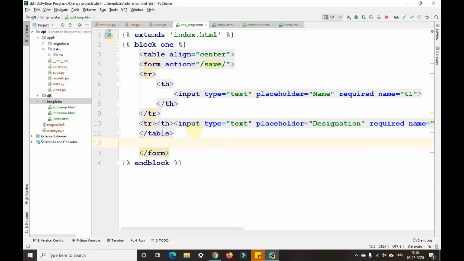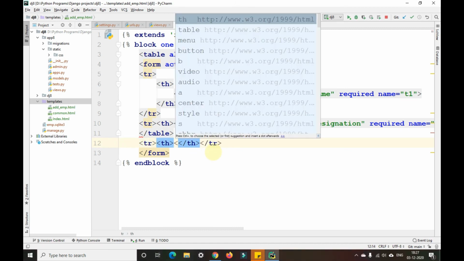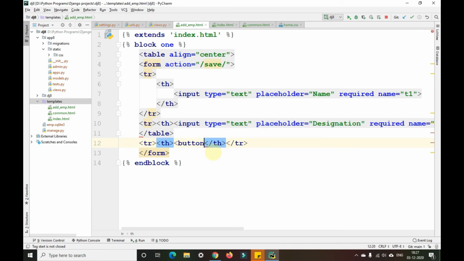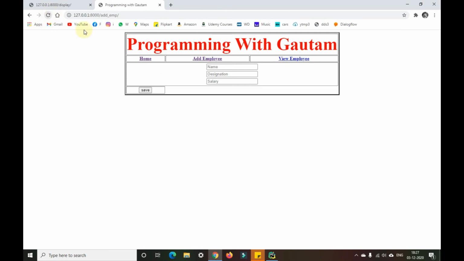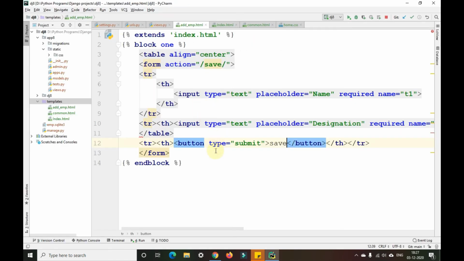I'll give the button tag here, type equals to submit, and we'll give this as save in between. Here I'll refresh it, and you can see it is available here.